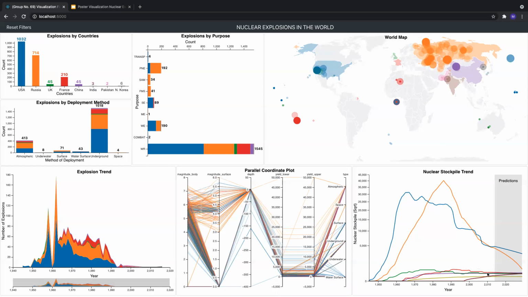Also, the data we had was only till 2014, and we tried to predict the number of nuclear warheads that the country would be owning in the future. And this prediction is for the next 20 years till I think 2034. And we see US and Russia, the number of nuclear weapons that they own has been continuously decreasing. On the other hand, the emerging countries like India, Pakistan, North Korea, the number of nuclear weapons owned by them has been, even though slightly, increasing.